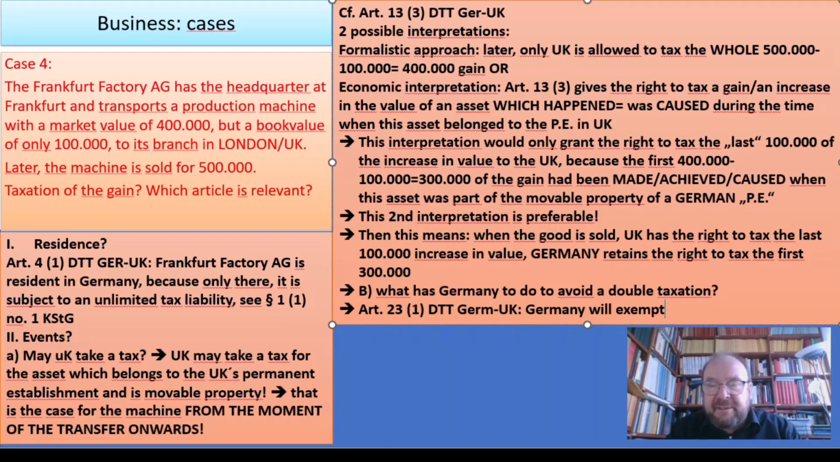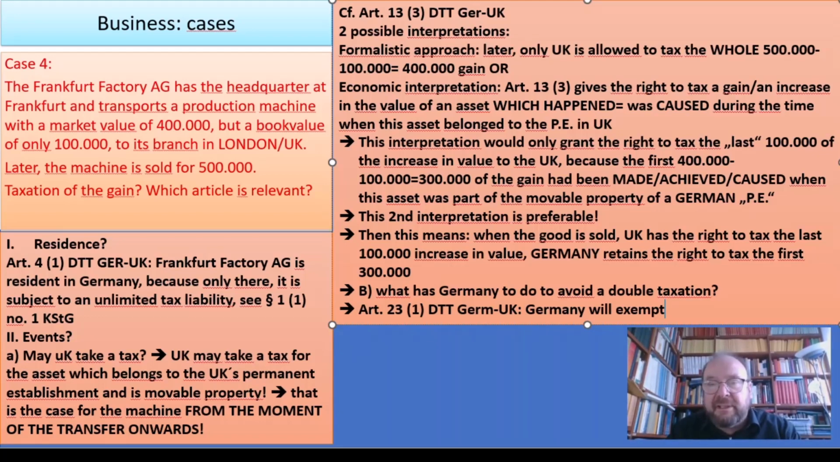The idea was, when there is a sale of that asset, the DTT gives the right to tax these gains which arose in the time during which the asset was part of the British PE. That gives that right to Britain, and all the rest is retained for Germany. So the first 300,000 are retained for Germany. So Germany can even tax that asset when it is sold